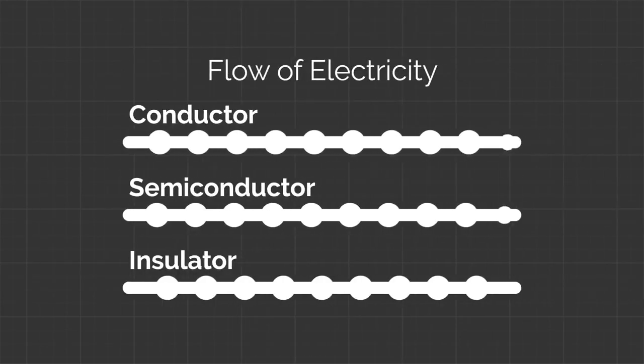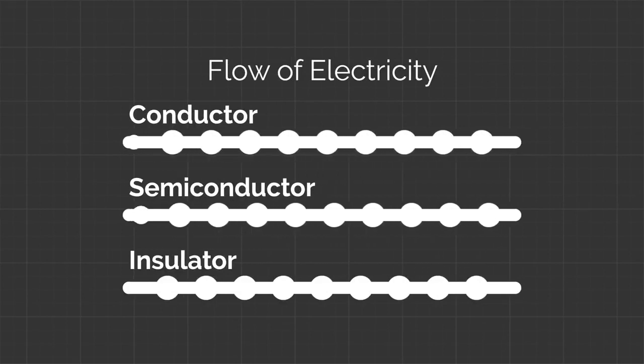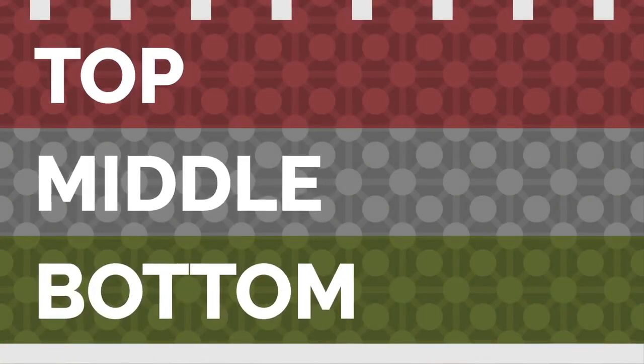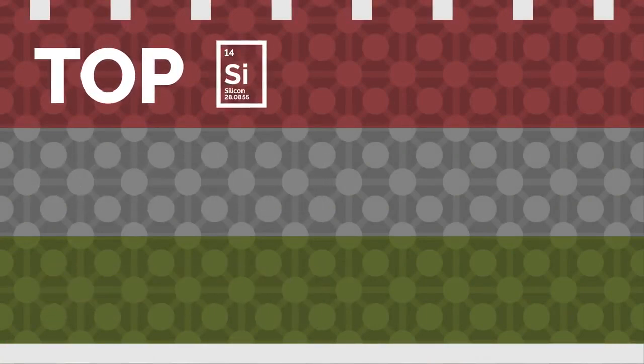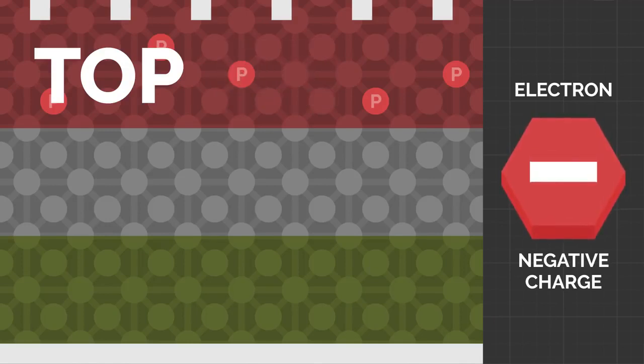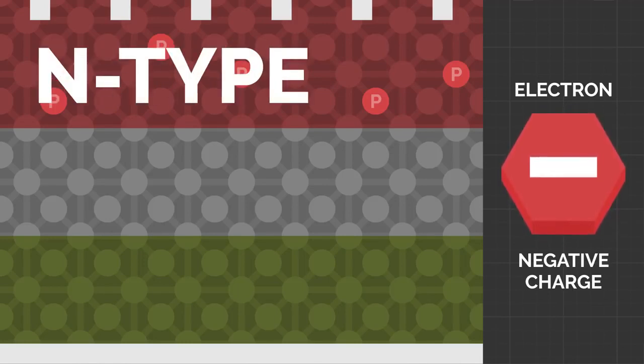A semiconductor is a type of material that normally doesn't conduct electricity well, but it can be made more conductive under certain conditions. The semiconductor part of the solar cell has 3 layers. The thin top layer contains silicon and a very tiny amount of an element such as phosphorus that has more electrons than silicon. This gives the top layer an excess of electrons that are free to move and make the material more conductive. The top layer is also called negative type or N-type, as it favors the collection and transport